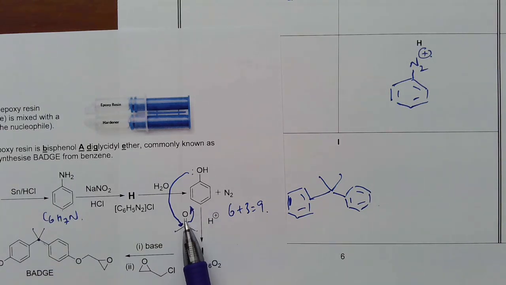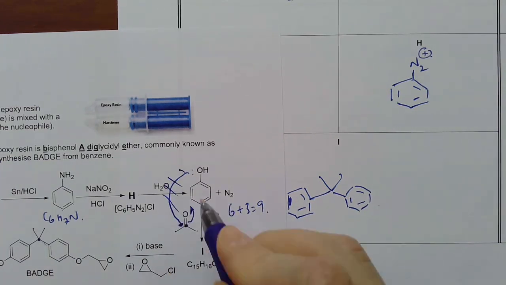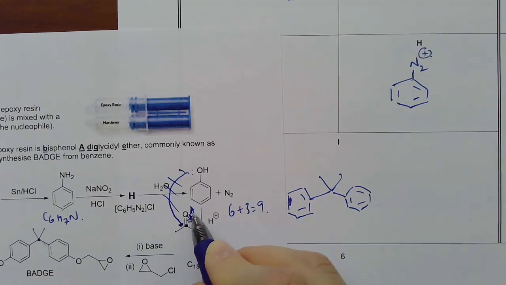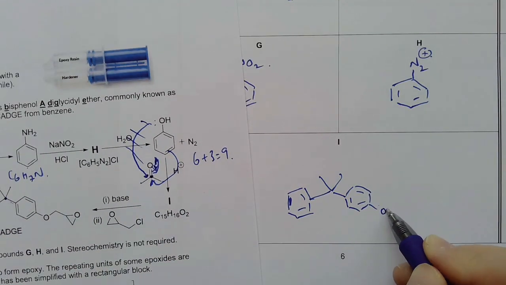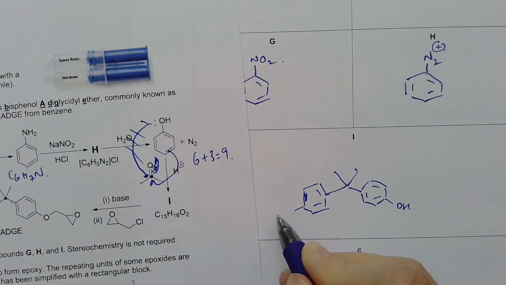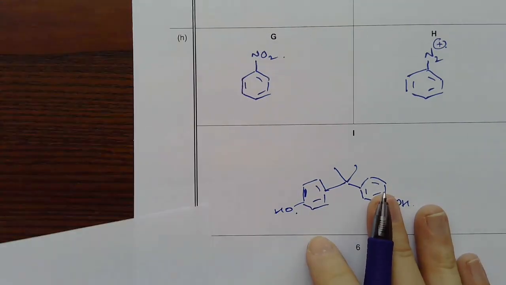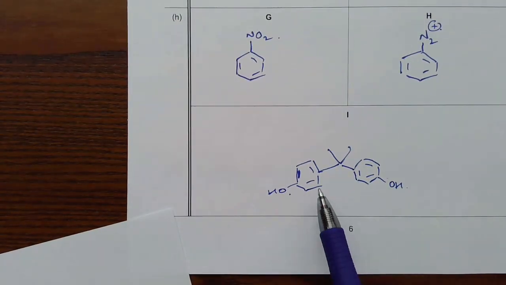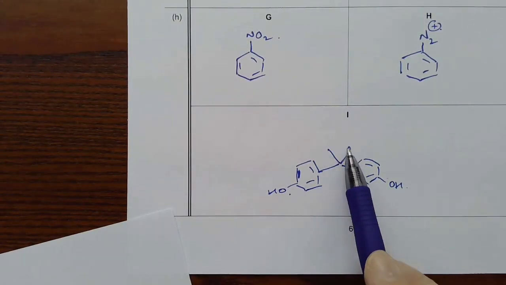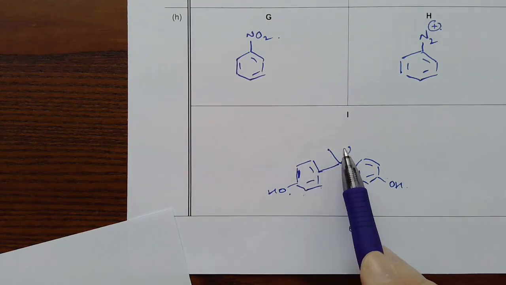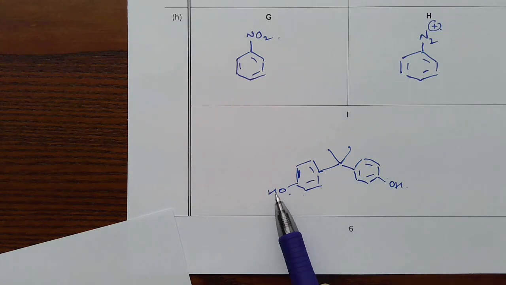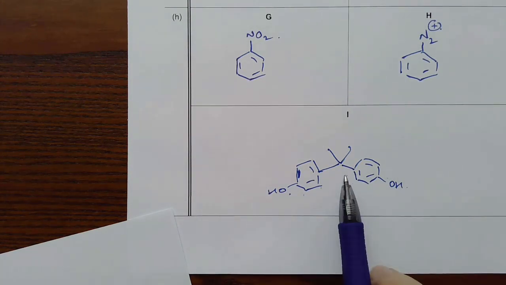Sorry about that. That's obviously not what's happening. What's more happening, that can stay, is this is just coming out and doing that. Alright, so that's not a problem, because if I just add on my alcohol groups there, that should now give me my correct molecular formula. 6 and 6 is 12, 13, 14, 15. 1, 2, 3, 4, 5, 6, 7, 8, 9, 10, 11, 12, 13, 14, 15, 16. Alright, so that is my final